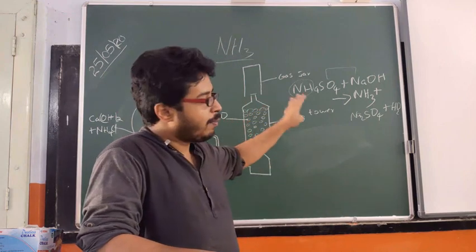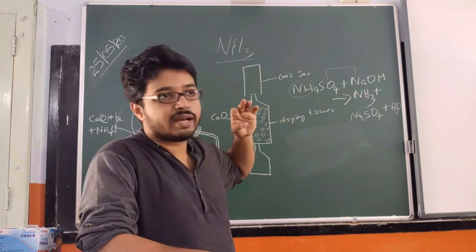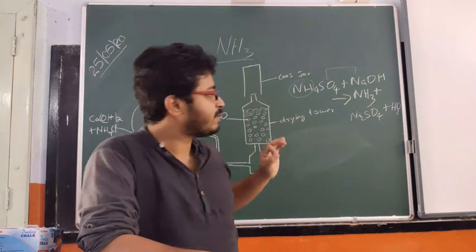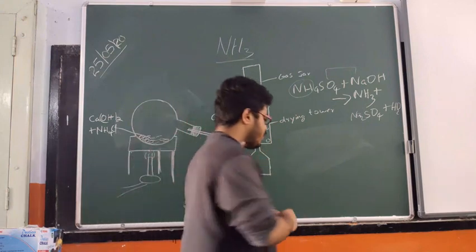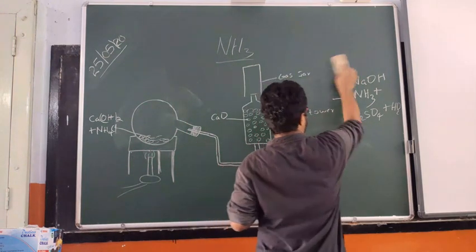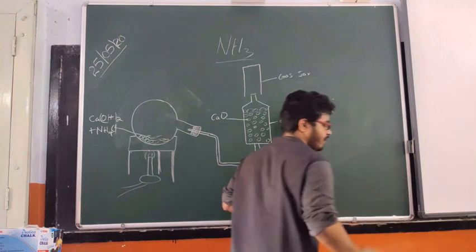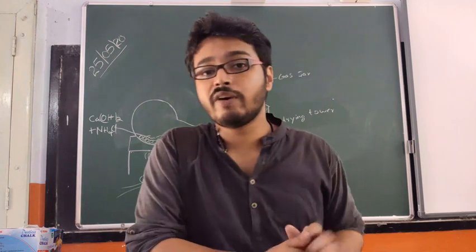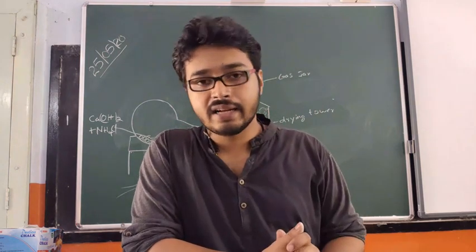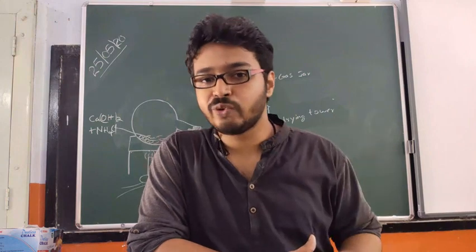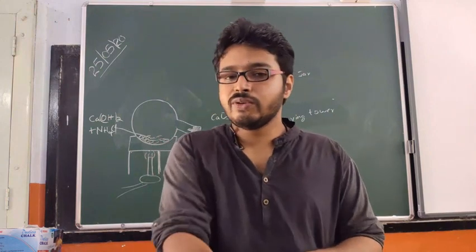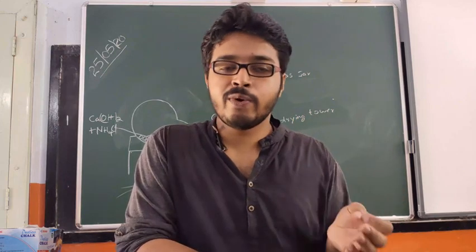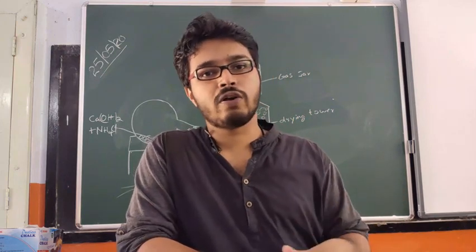So the product will be ammonia plus another salt that is formed as an intermediate, and the last one will be water. Okay, so now for the preparation of ammonia in the laboratory, we have a wide variety of ammonium salts and many alkalis also. So which one should we use? As you should know, the simplest and cheapest ammonium salt available is ammonium chloride.